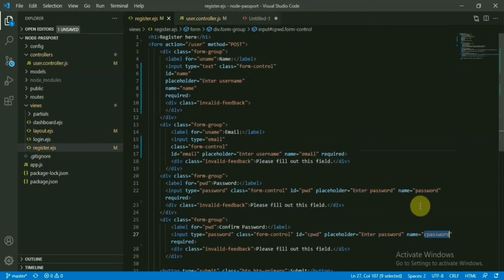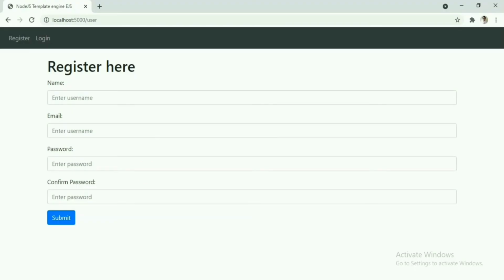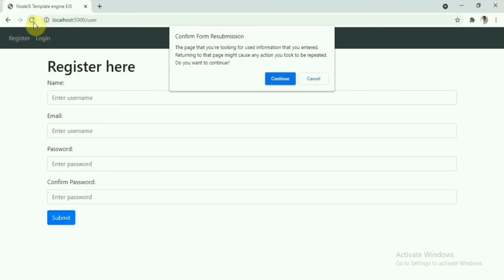In the EJS file, we need to replace the message. That is, for email we will show the message that is returning from the server. So instead of this one, we can use an EJS template, and there we'll need to check if error is undefined and error.email is also undefined. In that case, we'll show the message, otherwise blank. With this, we also need to add one class, since this is a bootstrap form, and until we add this isInvalid class, it will not be displayed here.